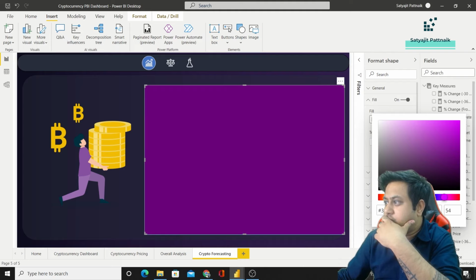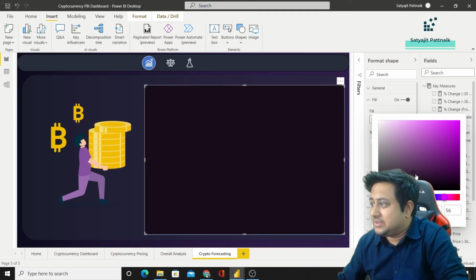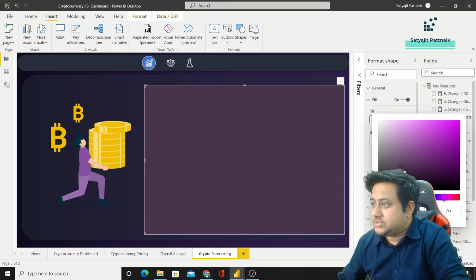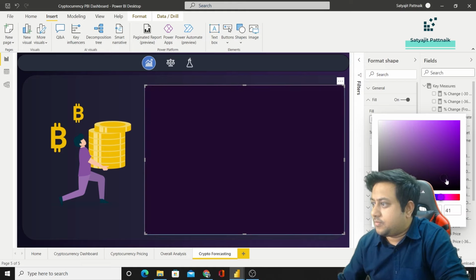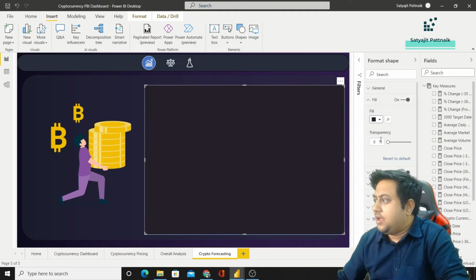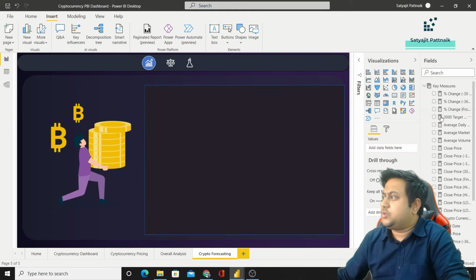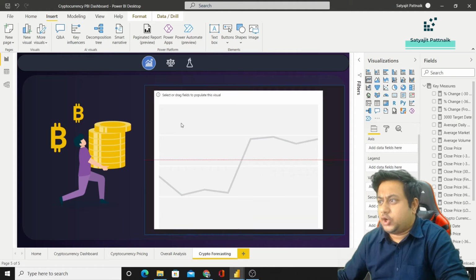Let's say we use, play around with it. I'm not getting the exact color, to be very honest, but we are somewhere closer. I think it's okay. And then on top of this, you can easily create your line charts